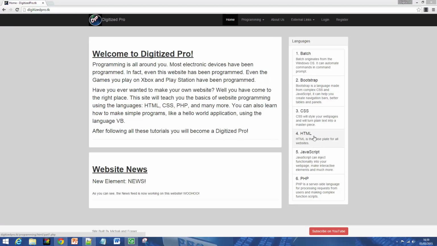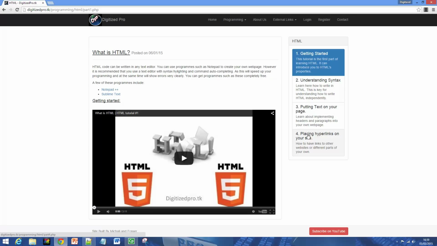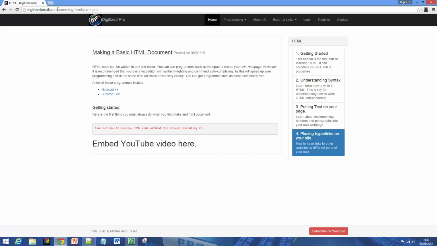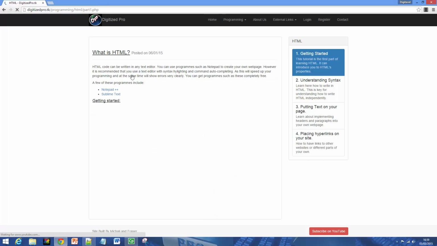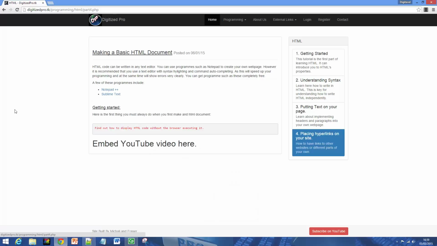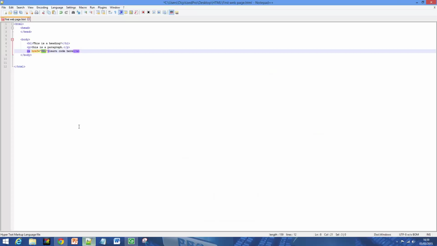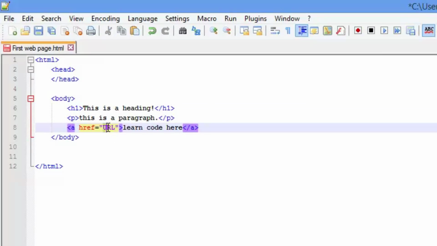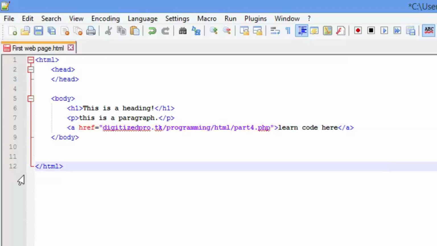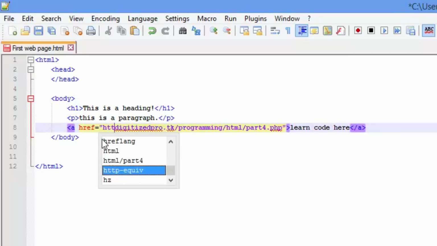A bit of advertising there. Totally legit advertising. So anyway, if we just go over to the HTML, and this is going to be page 4, we can copy this. As you can see, this is exactly the same as the first kind of text, but I'm going to fix that and make it look decent. Embed YouTube video here. Okay, and then we go back here, and where we have the URL, paste it in. You have to have that http://, otherwise, I'll show you, that's not a link, even if you have www dot in front of that. So http://